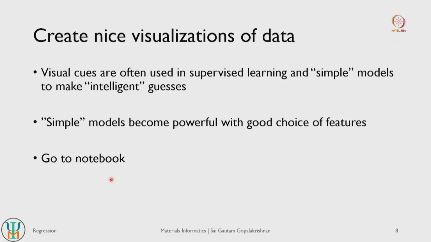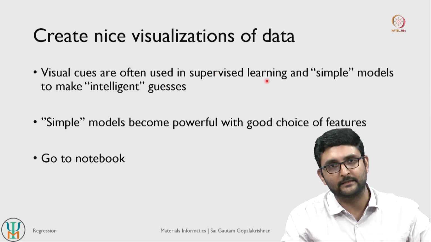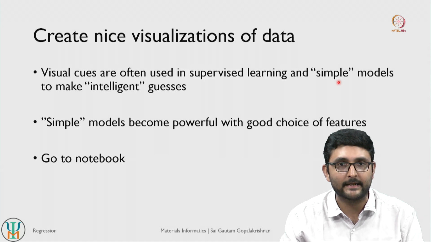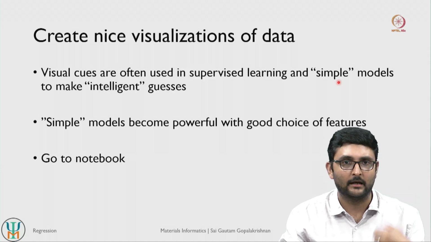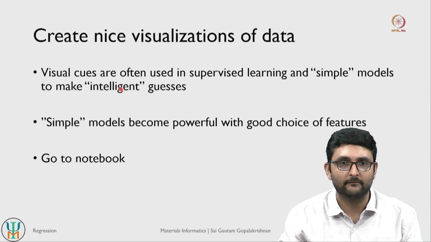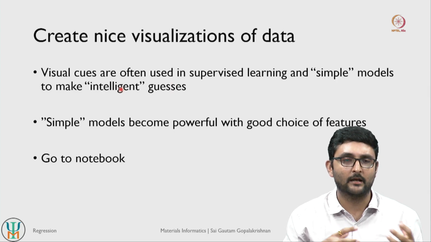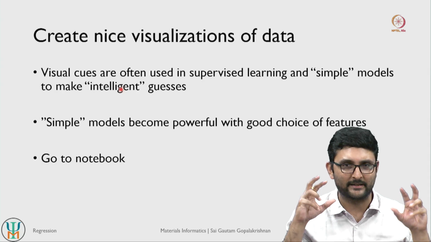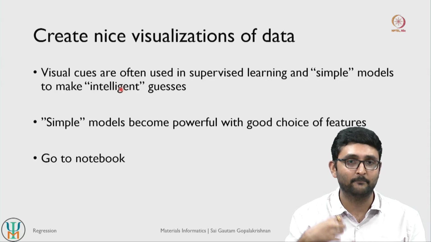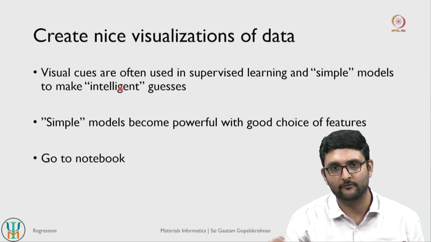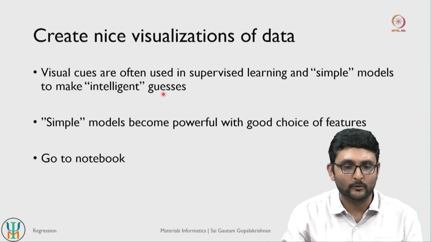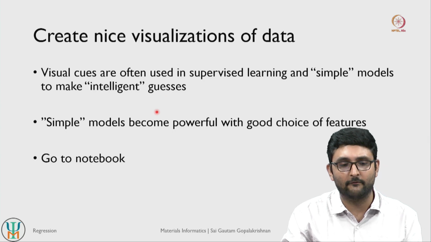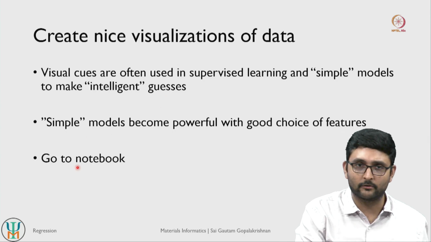Okay, so now that we have created train test splits, let us look at the data, because visualizing the data is quite important, especially when we do supervised learning. We are supervising our machine learning models, especially when we are creating simpler models which have a lot of physical intuition. When we train simple models, it is often human intuition and human guesses that help us identify or construct better models than models that do not have human supervision. So for making such intelligent guesses, visualizing the data often helps. Let us look at how to visualize the data.